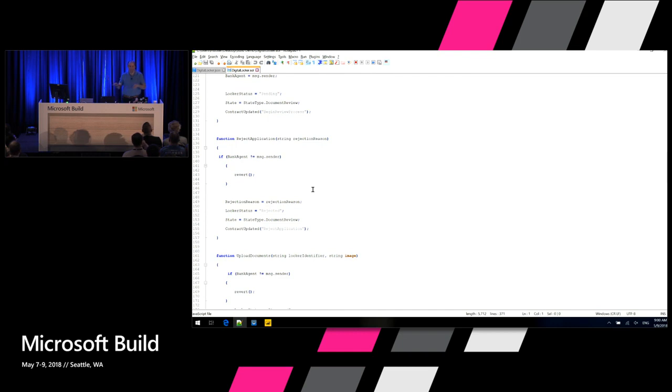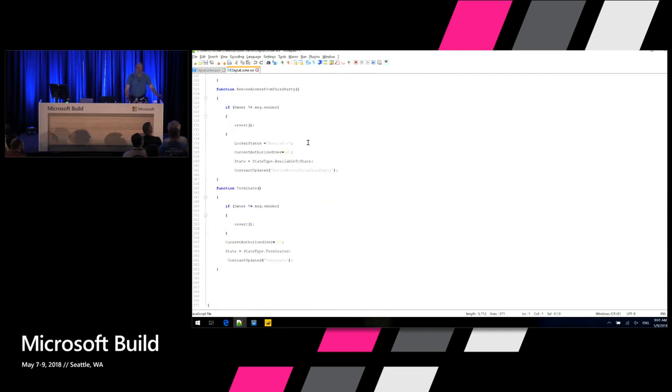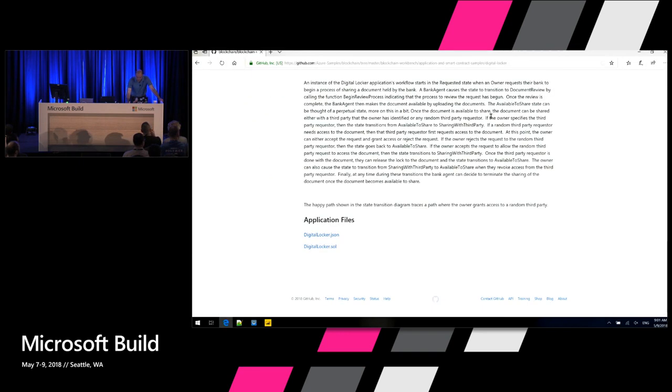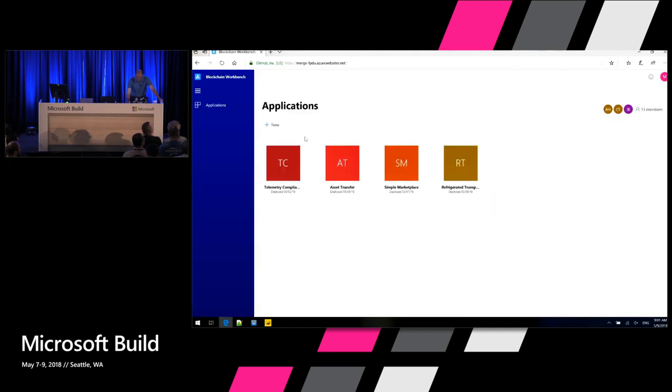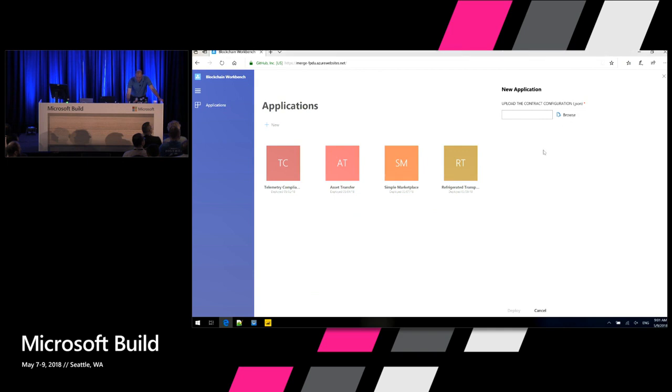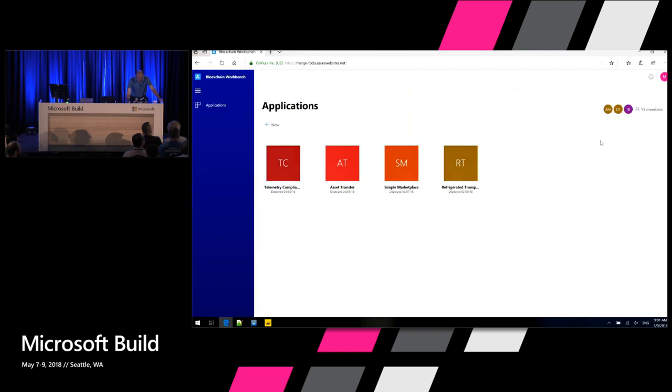And so every single state transition in that state diagram comes along with a smart contract function. And so you write these. There's no getting out of this. This is the yeoman's work that you do when you build a blockchain application. Sorry, we can't solve this one for you. So you go ahead and you write these. And if you want to know more about the configuration and the smart contracts, check out the documentation on docs.azure.com. It's all there. And there are a variety of samples in GitHub that are fully featured. So let me go ahead and go back to Workbench. And I'll just add an app so you can see what that looks like. So first I need my JSON. Oops.